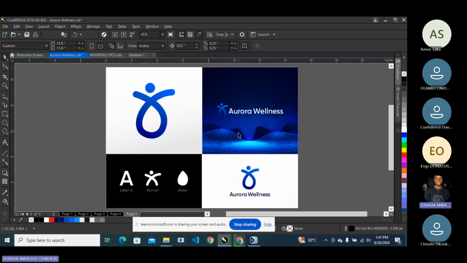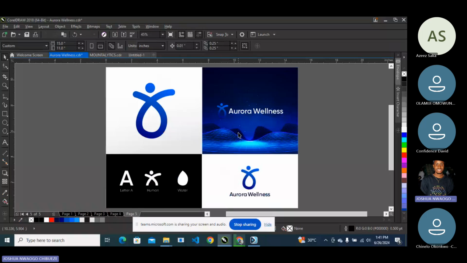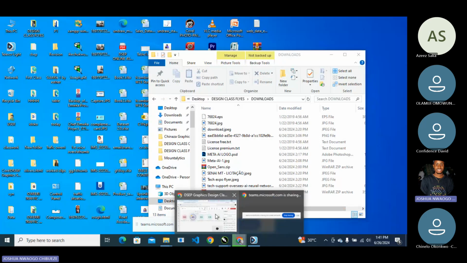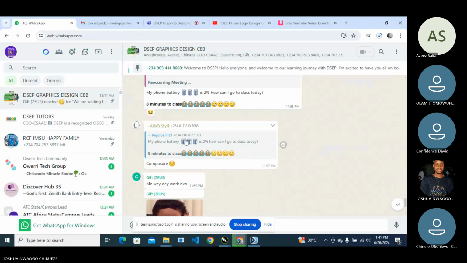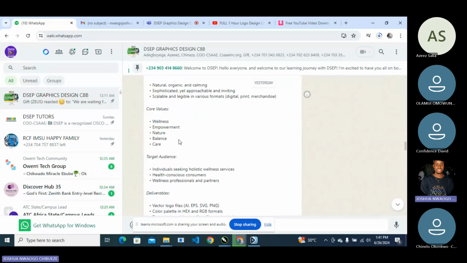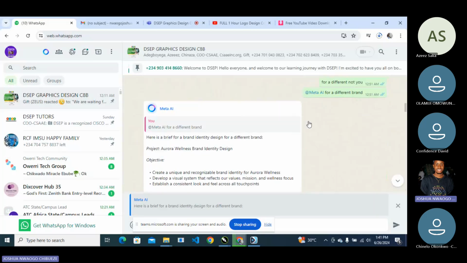So we already have three aspects. We have to say the logo is looking like letter A, right? Then the human factor, then finally the water. So I'm going to go back to our group chat where we started from. Going to respond to where the AI gave us the brief. So I'm going to reply to it